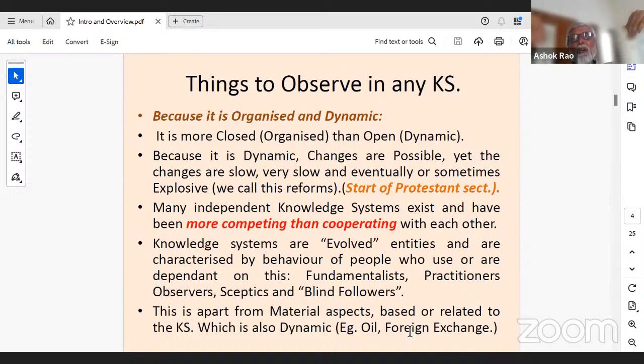For example, cotton clothes now. For 20, 30 years, nylon, terylene, synthetic clothes dominated. Now again, everybody is back to natural fabric. So this is the way the knowledge system operates, not just in clothes, in value of the knowledge system, in the type of education, in the type of cultural events, so many things. There is very little difference between knowledge system and the life we lead.